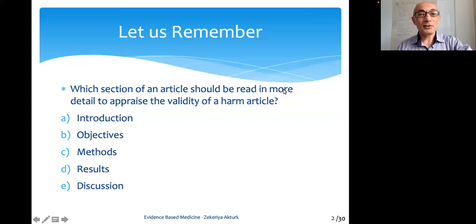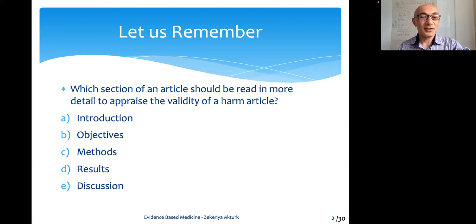Let me, as usual, try to make a short reminder on the previous session. You should be able to answer this question if you have watched the previous presentations. Which section of an article should be read in more detail to appraise the validity of a harm article? That's actually a very simple question for an experienced scientist, but my presentations are intended for more students. So